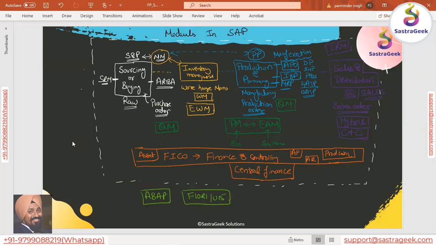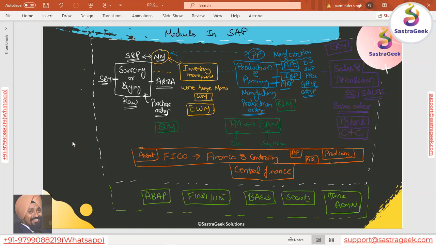Then we have basis people. Then we have people who take care of security, which is just one leg of the basis. Then your HANA admins, your database administrators, people who manage the administration of the database. So this is the technical layer, where another set of consultants, the technical consultants, would be working.